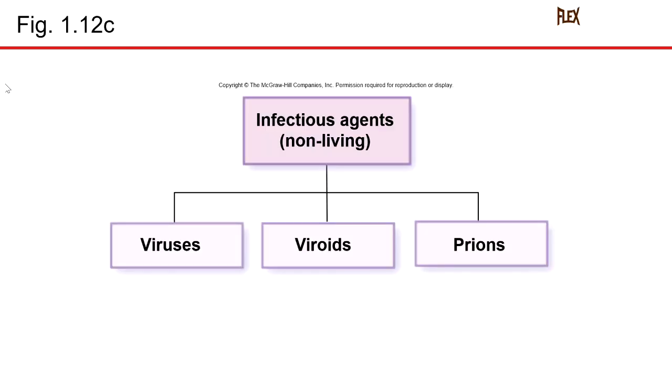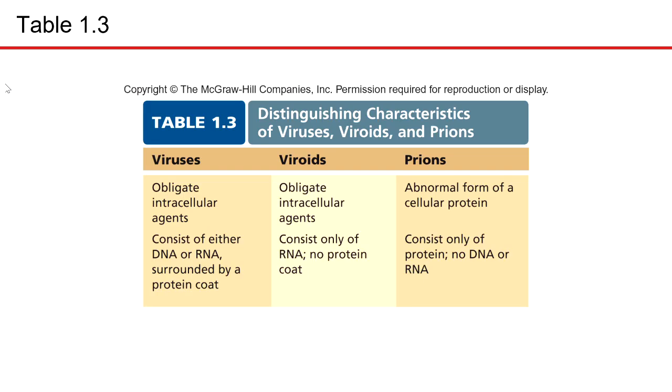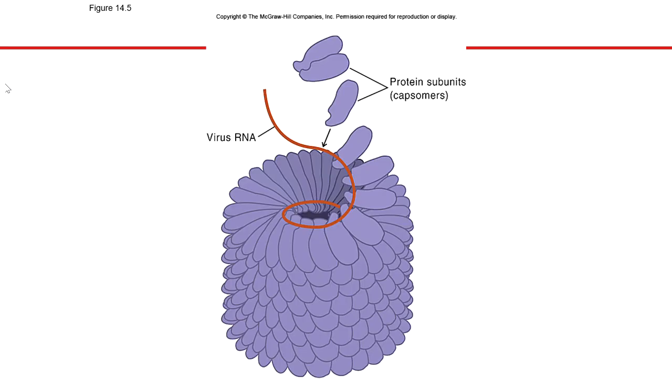And back to, again, chapter 1, viruses, viroids, prions, we already covered these. The book has some great tables. Use them. They help summarize key facts like here, right? OIP, exactly. So take a look at them. This is just showing you how viruses are made. In this case, this is an RNA virus, similar to COVID.